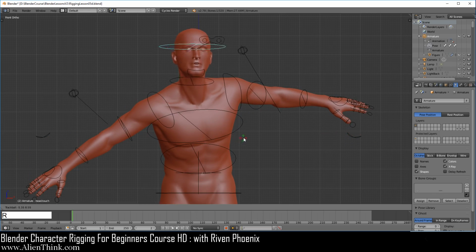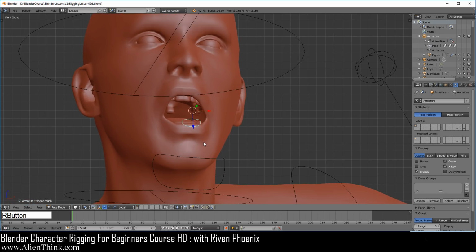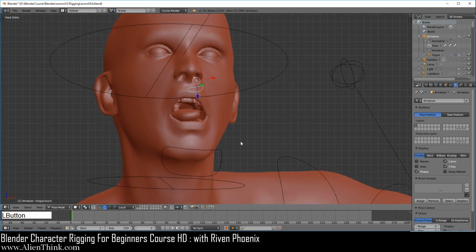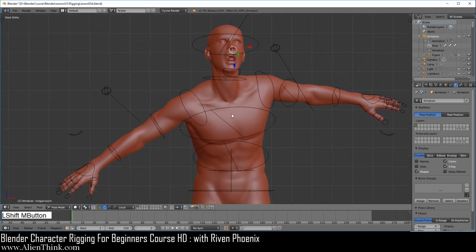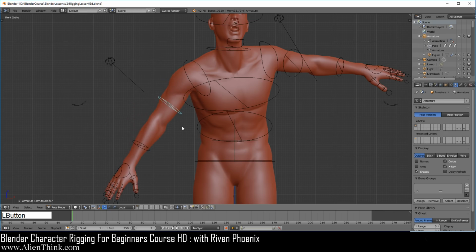Beginners series. So in this video series, I'm going to be taking you through a detailed step-by-step process in understanding how Blender's rigging systems work. We're going to do this by building this very sophisticated rigging system that can be used on any character to give you realistic human figure movements.